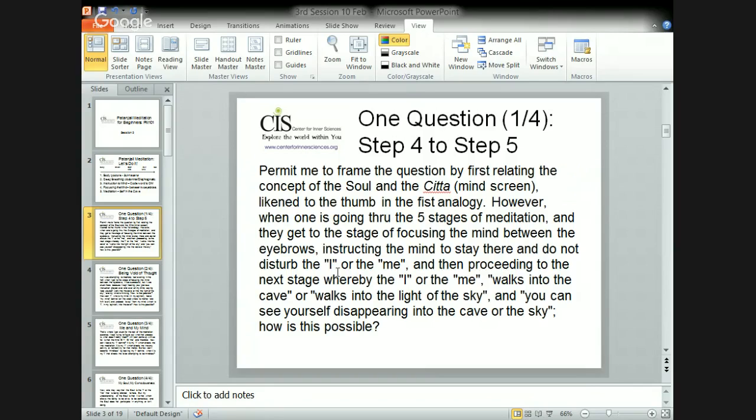So these words like going into the cave, going into the sky, all this, please take it as a prototype. These are prototypes, and you don't want to get lost in the prototype. Prototype is to suggest to you what we want to do. But if you are so much burdened with the prototype, that itself becomes a thought, and you are clinging to that thought itself. So that goes against the spirit of being void of thought. And you have to finally find a strategy, this jump from step 4 to step 5.